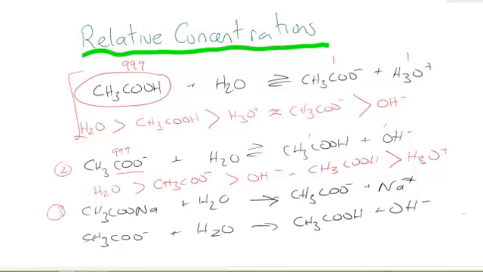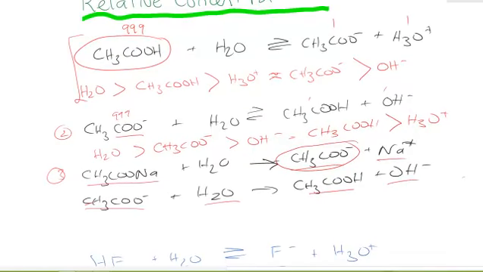Third is a salt. Now remembering a salt has two reactions. First of all it ionizes to form two ions, and then in this case because one of those ions is a weak base, it's going to react with water to produce hydroxide ions and the conjugate acid. Now first of all obviously we'd have water, and then next, well, these two ions are roughly equal because it just ionizes. Now the sodium ion will be about, now because the ethanoate ion hardly dissociates at all, it's probably about equal to the sodium ion. So you could say equals this,